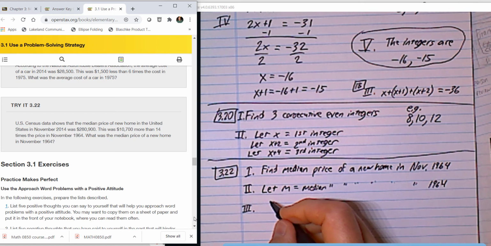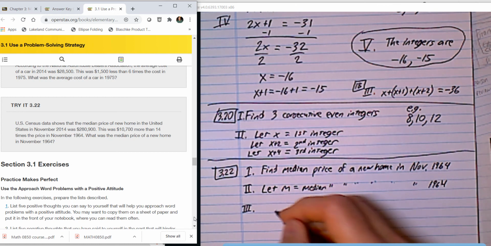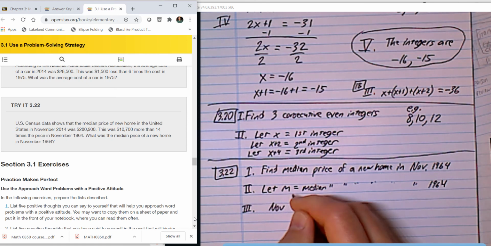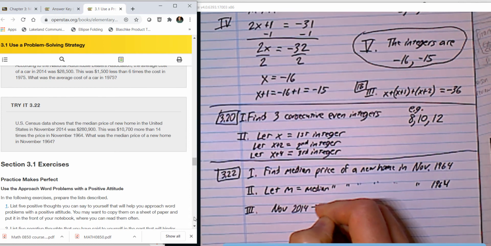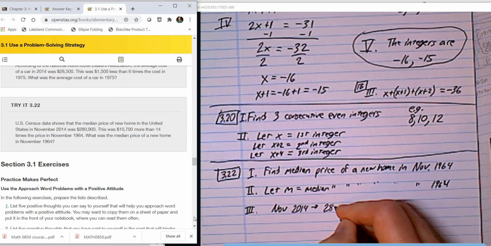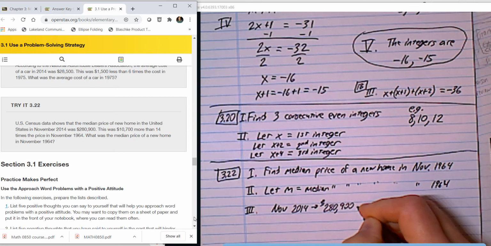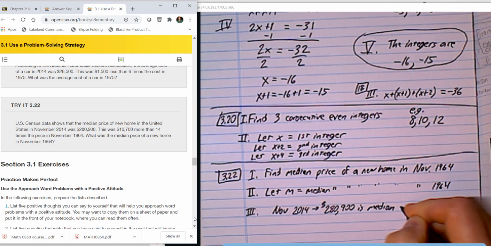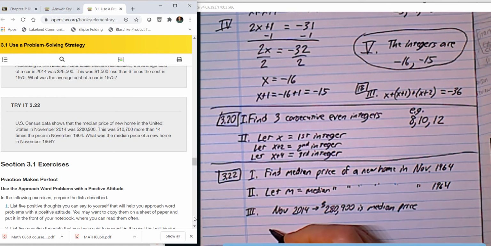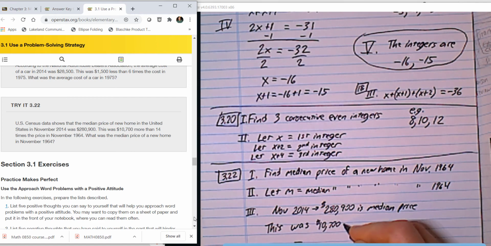It says the median price of a new home in the United States in November 2014 was $280,900. So I think it might be useful to jot that down. November of 2014, the median was $280,900 is the median price. Then it says, this was $10,700 more than 14 times the price in November 1964. This, remember, was is going to be equals $10,700 more than